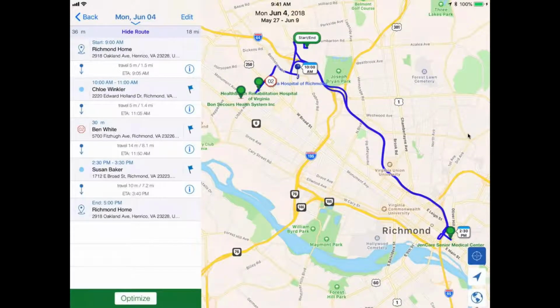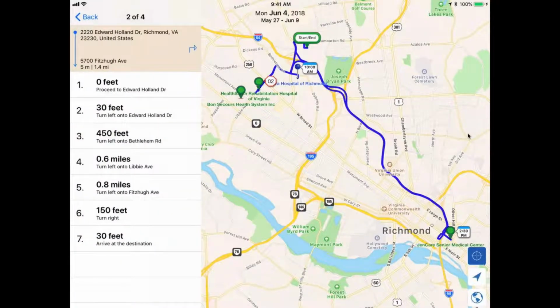If I'm ever in jeopardy of being late on the day of my appointment, my route will actually turn red to alert me to that. So now just looking at the trip list, the little information button in between each stop, if I tap on that, that will expand it. So the little information button, wherever you see throughout the app, really will expand to give you more details. In this case, it's giving me my turn-by-turn directions.